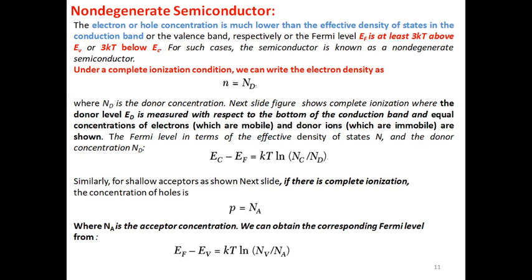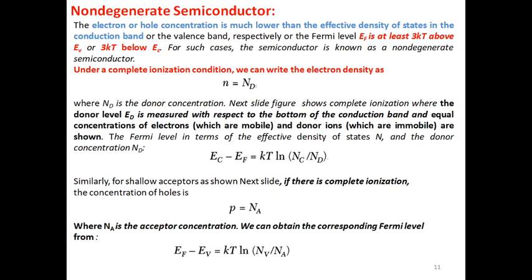Then, for the Fermi level in terms of effective density of states for the donor atom, because we already calculated the effective density of states for the intrinsic pure semiconductor, now we are calculating for the extrinsic semiconductor, first the n-type semiconductor. EC minus EF is equal to kT ln Nc by Nd. Nc is the effective density of states in the conduction band, and Nd is the donor concentration.